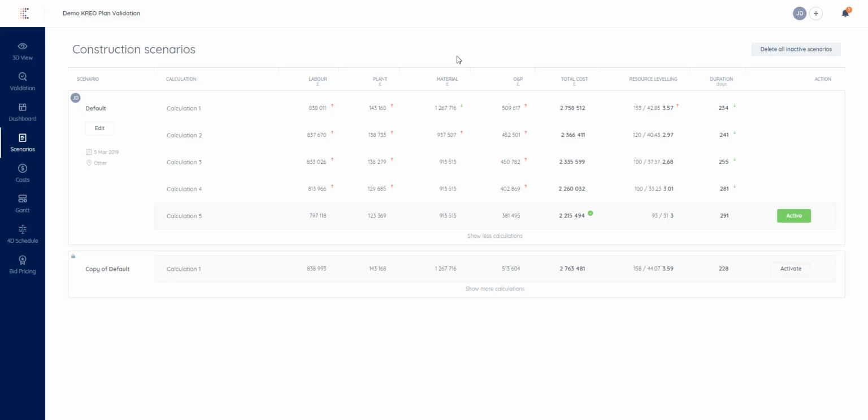If we would like to play with different scenarios, first of all, we will need to duplicate this scenario. It will appear down here. And as you can see, there is a lock on the left-hand side. This is due to the privacy of the scenario in this case. So if we would like to publish it, we would need to click on the ellipsis and publish the scenario so it will be available for the rest of the users or the people involved with the project in Kreo